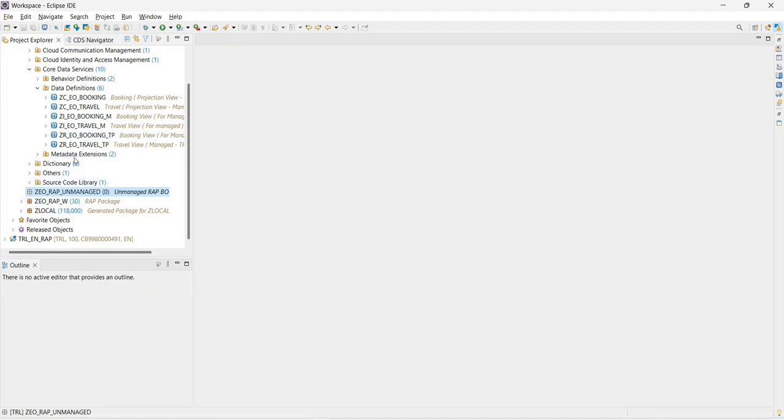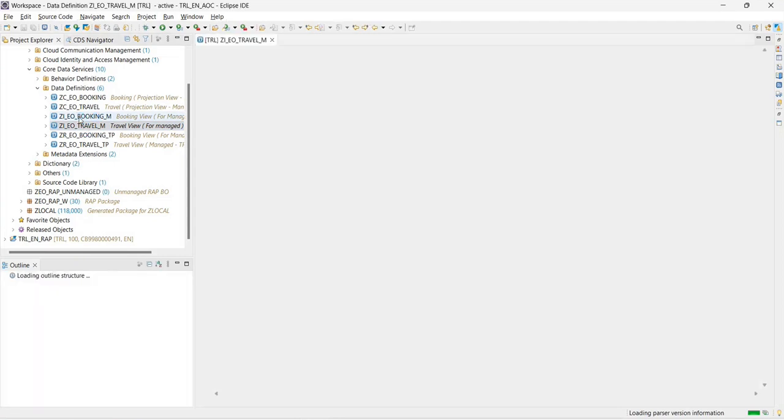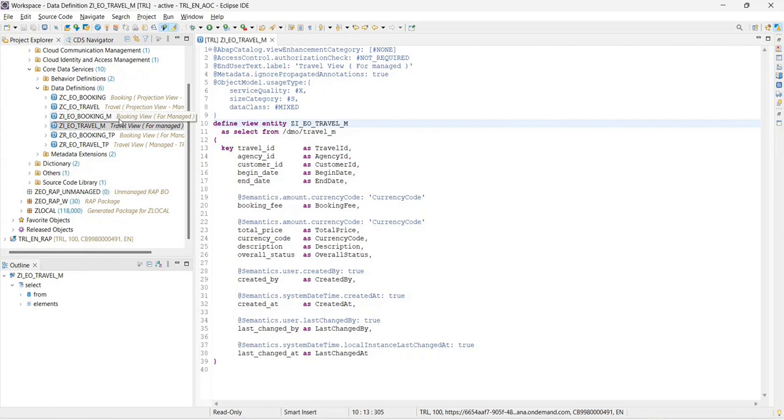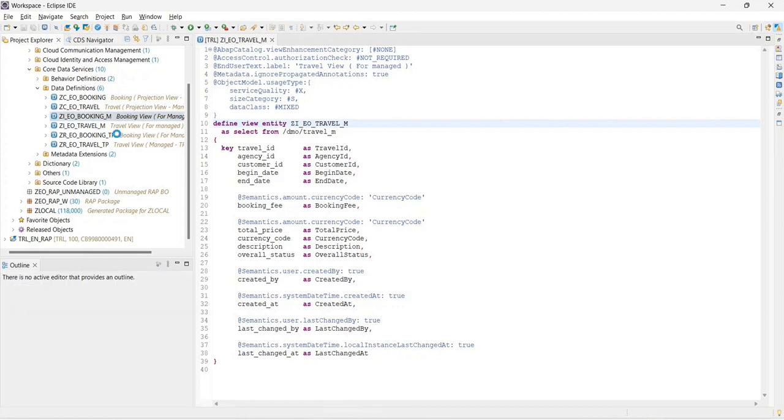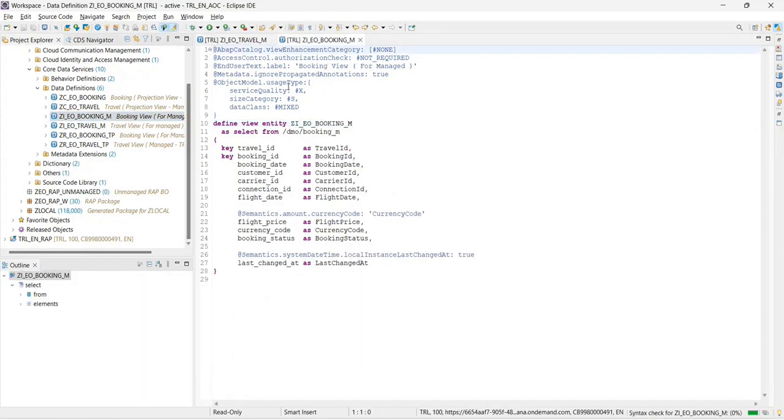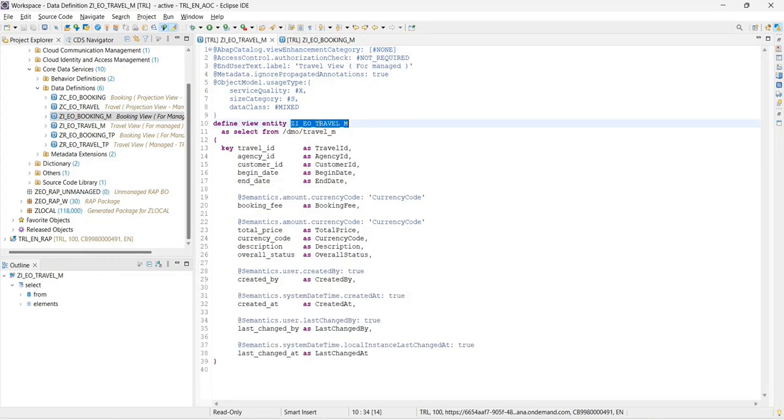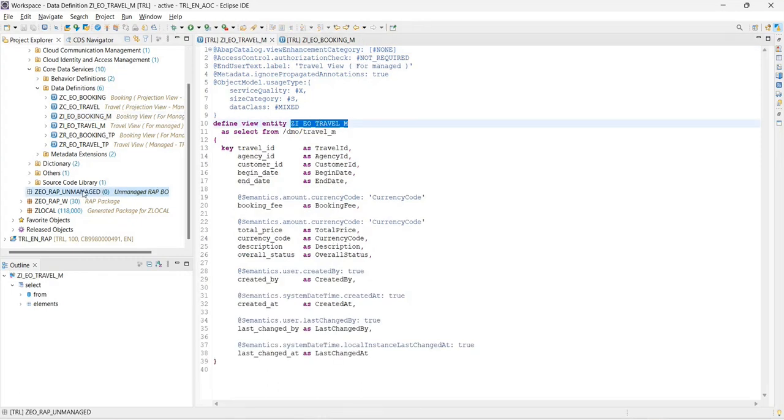In this unmanaged case, we can reuse this travel view and booking view rather than creating everything from scratch. We'll directly create the R and C layer because these are interfaces, meant for the purpose of reusability. I'll copy this name and create one